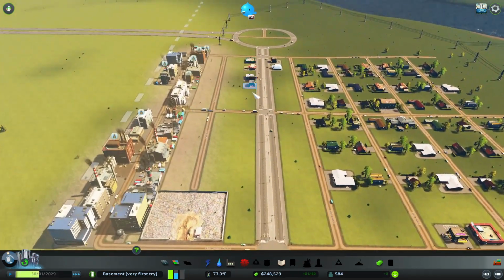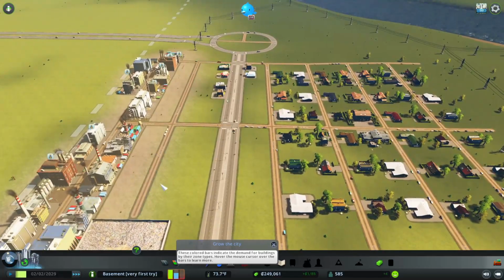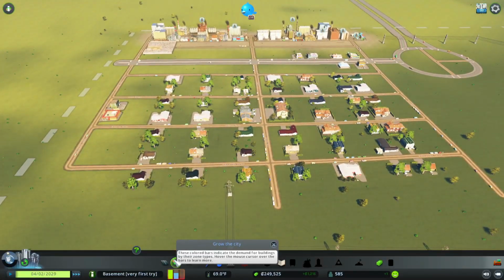I don't know what the right solution is here. Maybe we widen this one. This one's going to be hard to widen because this is in the way. And so maybe we should have done that before. Okay, demand is still quite high for residential, so let's get back to our original angle here, and we'll start